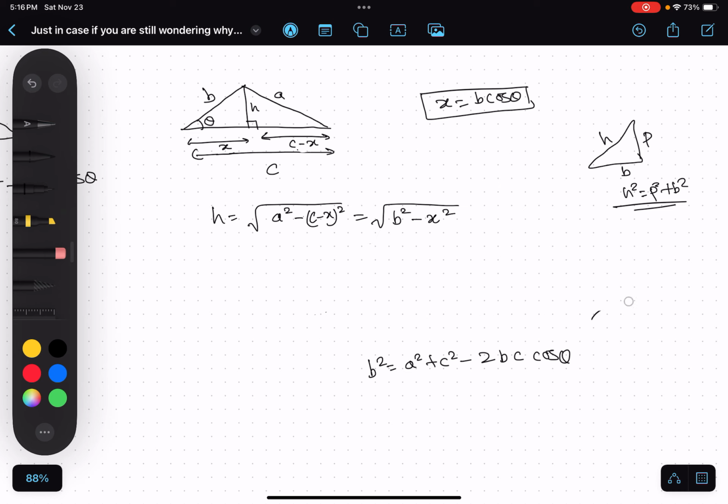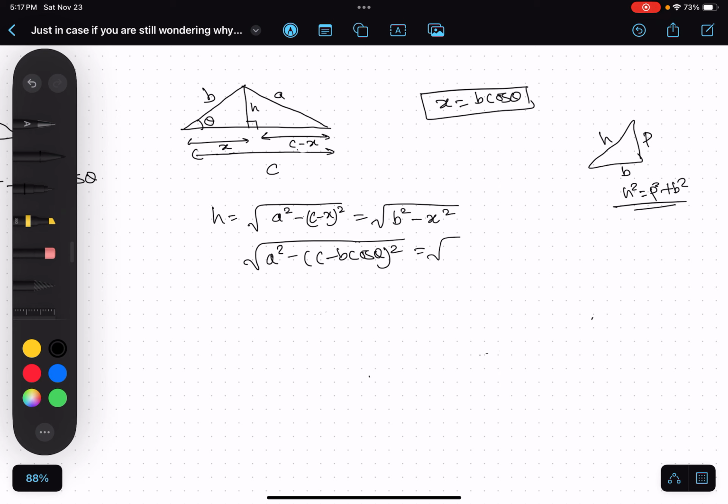So again, let's redo this. Okay, so this is a square minus c minus x square is equal to b square. Now we know that x is just b cos theta, so c minus b cos theta square is equal to the square root of b square minus b square cos square theta, right? Now if you square both sides,